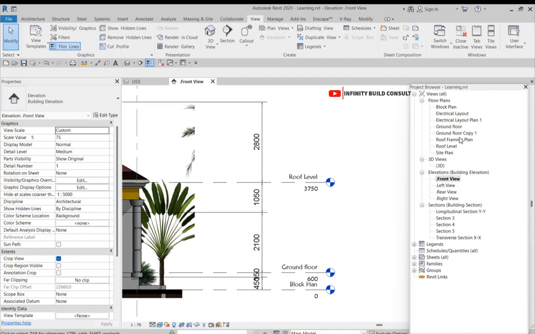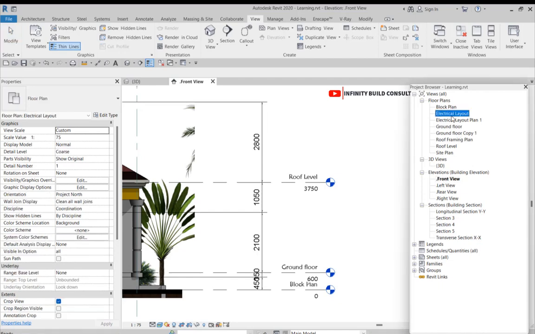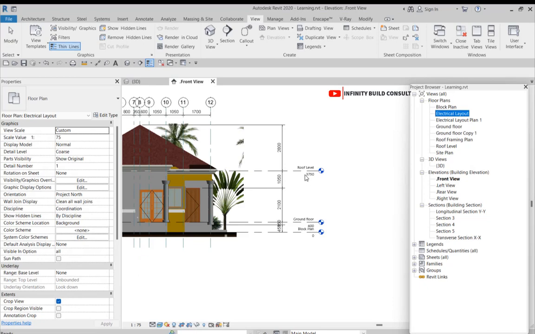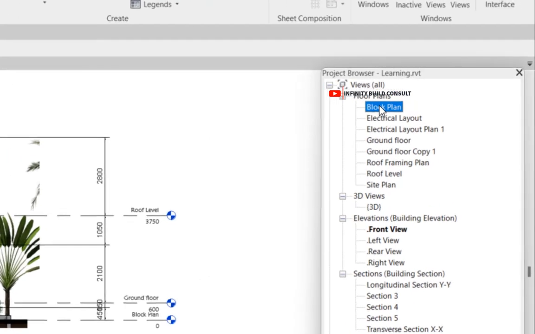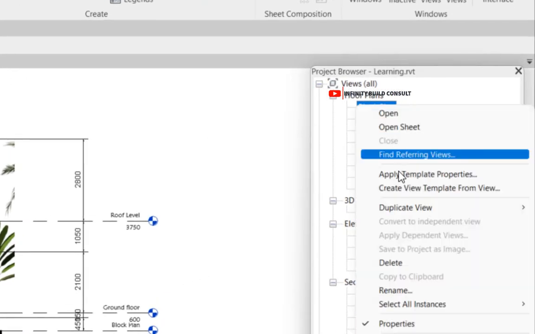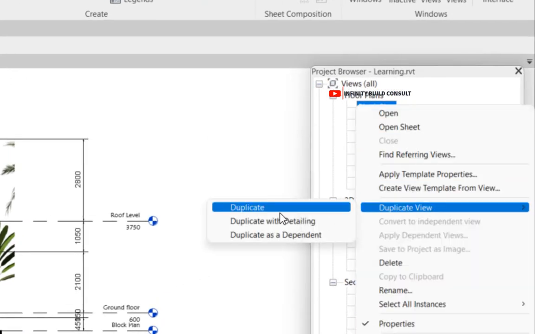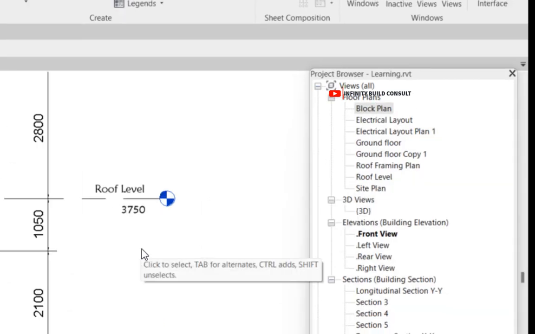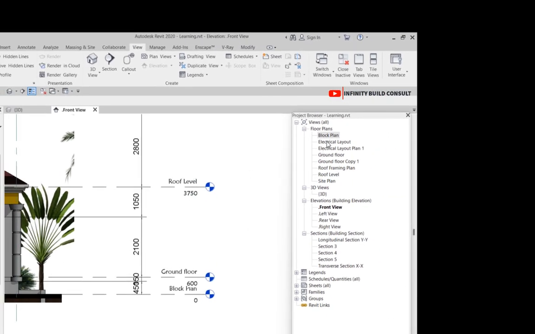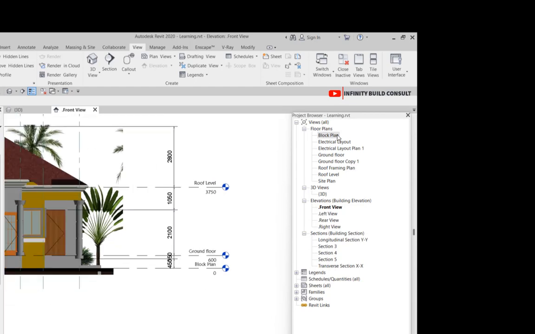And also under the project browser, when levels have been created, you can also right click on the level. So I can also right click on the block plan like this and also do duplicate view. So you can see that we have only 3 views here, but you can see there have been a duplication of various views such as electrical layout plan and electrical layout plan 1 and also ground floor copy 1. So that's how the project browser works. So when I right click and do duplicate,